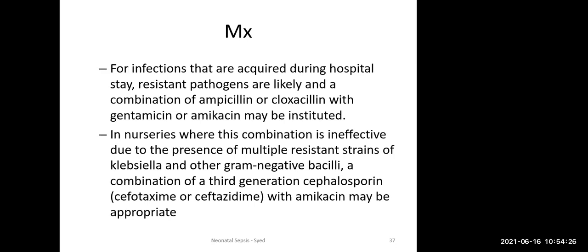So, usually in community onset sepsis, the common organism is GBS. So for GBS you give penicillin. You give a narrow spectrum penicillin like ampicillin or C-pen, benzyl penicillin, or even amoxicillin is fine. And then the second most common is E. coli. For E. coli you have to cover with a narrow spectrum antibiotic that covers gram negative. A good one would be the aminoglycosides like gentamicin. That's why we usually start with MP-Genta or C-pen-Genta.